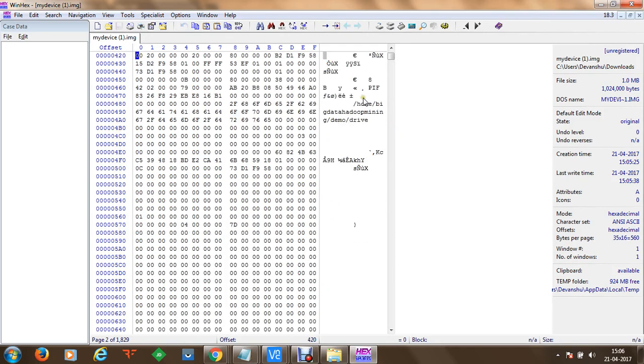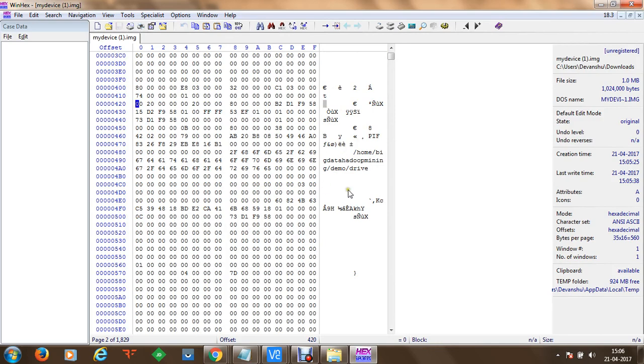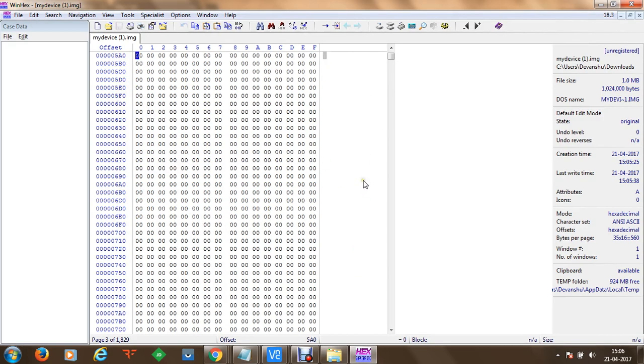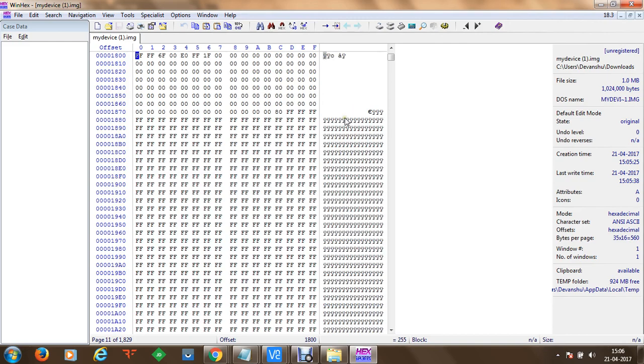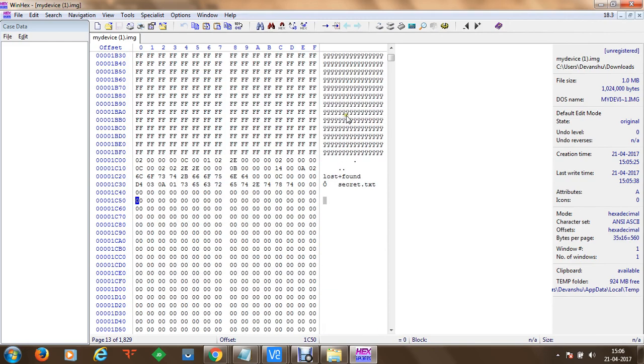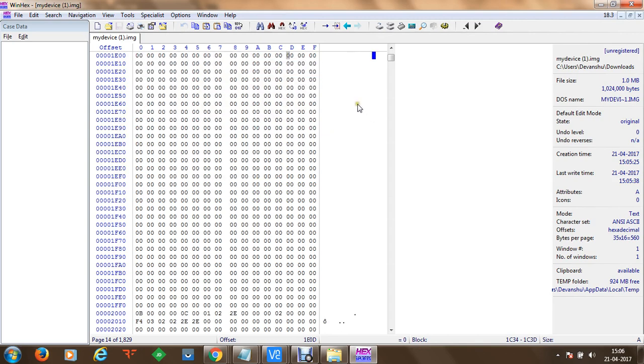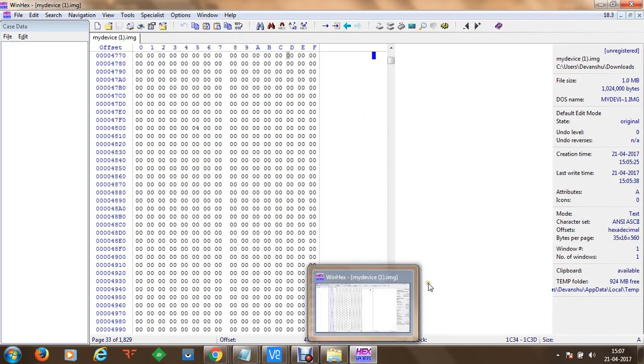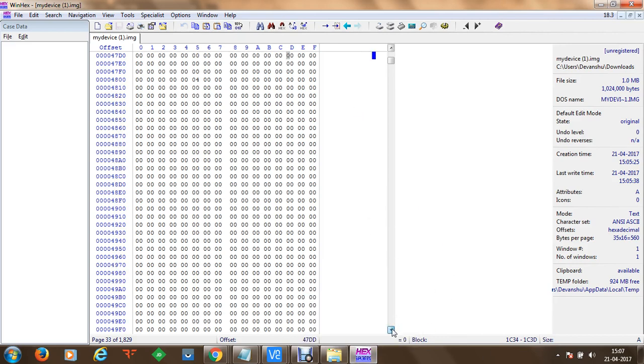Now we can simply scroll down and search for the data which has been stored onto the drive, and this is how you can see that data has been stored onto the machine here. This is the information of the file system, and you can see that we have a secret.txt which has been stored on the device image. So this is how data is stored onto a device, and if we scroll down a little bit more, we'll be able to search for the contents which are available on this device, which is mydevice.img.